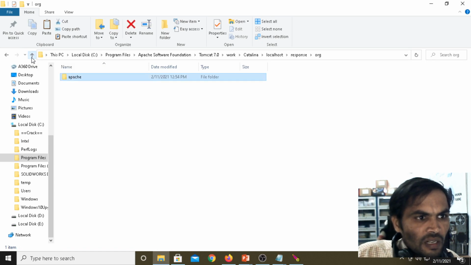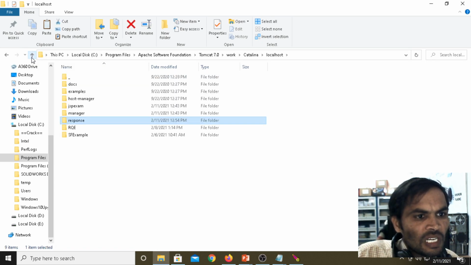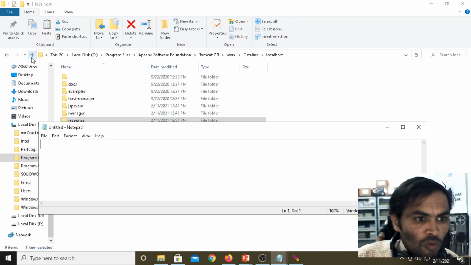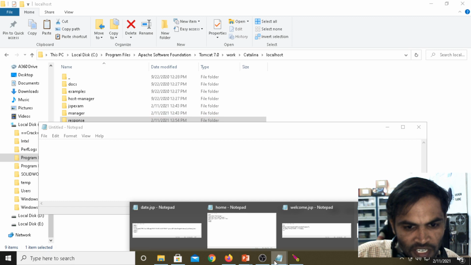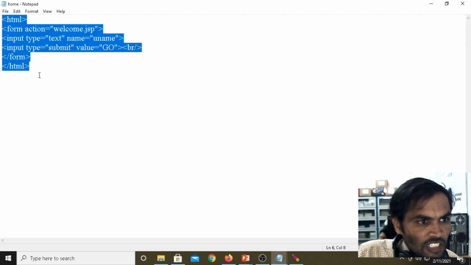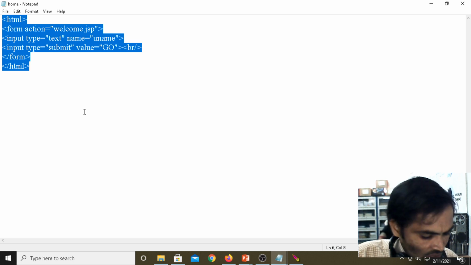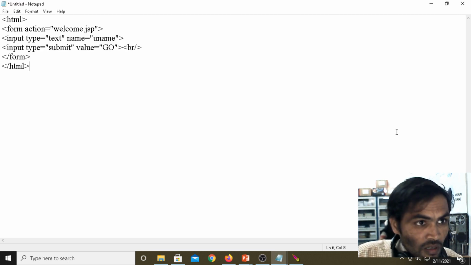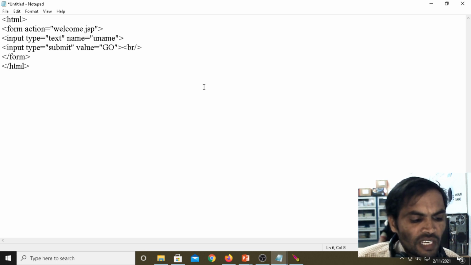Now we are creating under the webapps only. Now I am writing the program for response, opening the notepad. Under the notepad, I am copying the previous program, home.html, same source code. Then now we are pasting. Coming to the response also, we are giving the same.